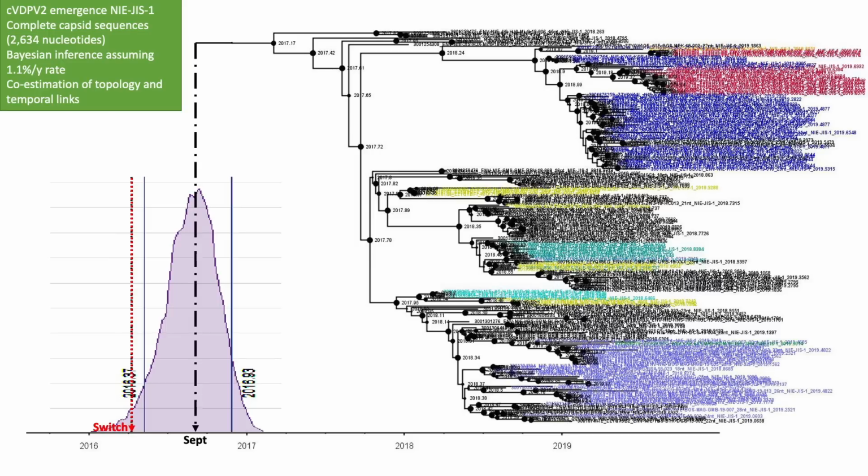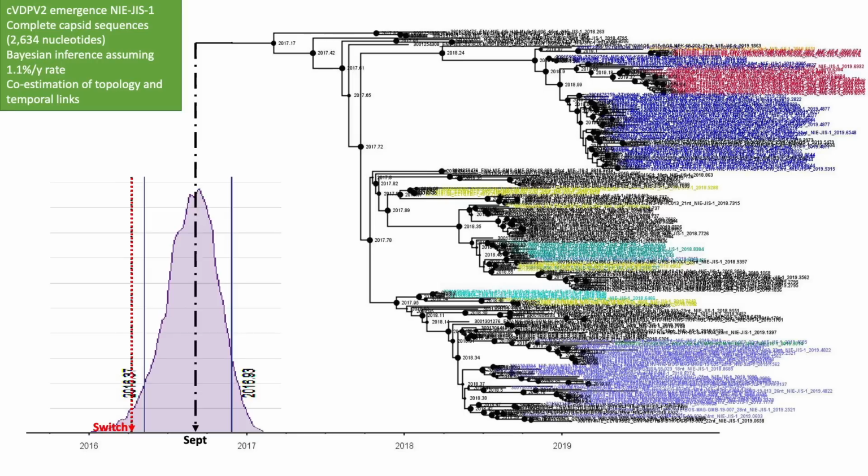So this particular diagram looks into the estimate of the timing of the emergence, the origin date of the emergence. And in this one, once again with NIE-JIS1, the estimated date over here is roughly around September 2016, so just after the switch, with the range going from third, fourth month of 2015 to the end of 2016. So with that curve there in the middle, we can get some idea of the timing of when this OPV